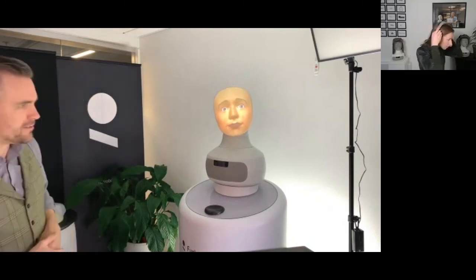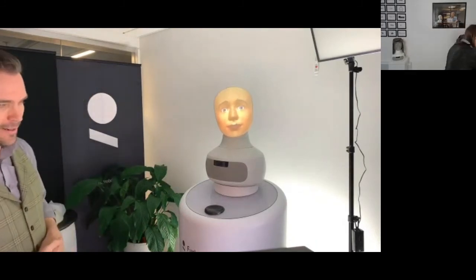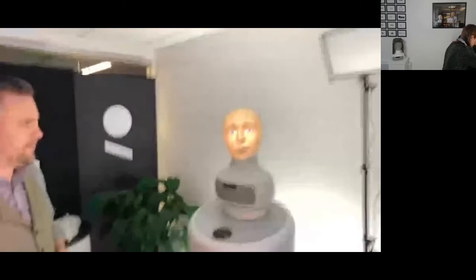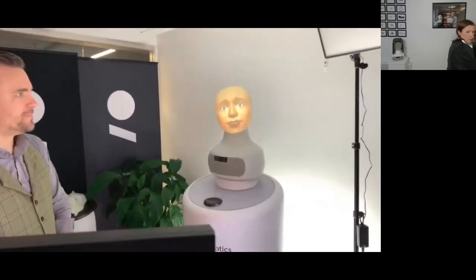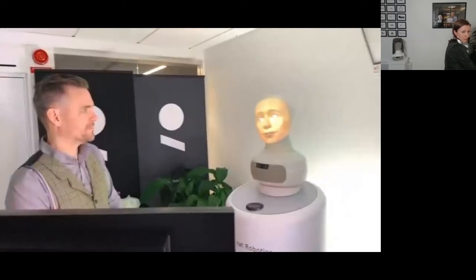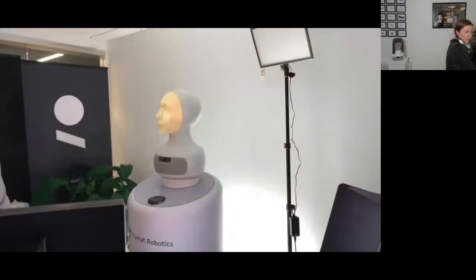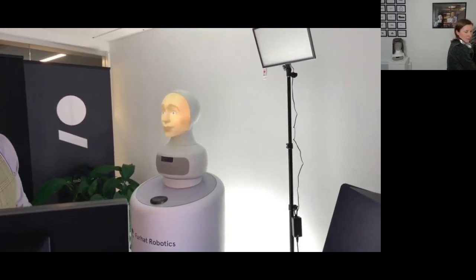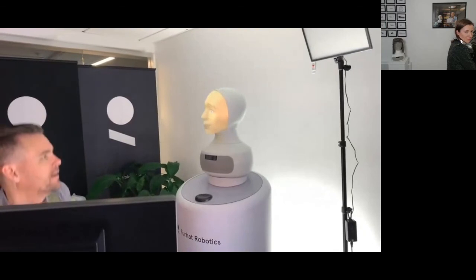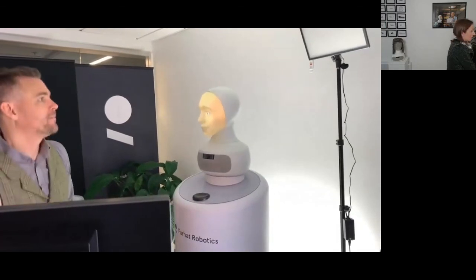Let's try a little vision interaction here. Let's just see if it picks me up because I've been standing on this strange side. Oh yeah, great. Using my camera, I can see where a user is and follow him or her as they move around. Charlie, move around and I will follow you. So you can see here how the robot is following my head. Okay, I'm done.